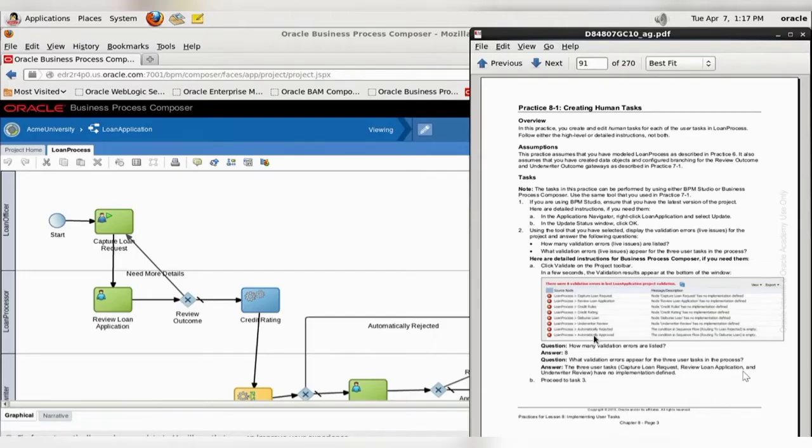We are ready to work on practice 8-1, creating human tasks. And as always, the assumption is fairly straightforward that you have done the practice up until now. Also, take a look at the very first note. This one again can be done in BPM Studio or Process Composer. We are recommending that you use the same tool you used back in practice 7-1, although you technically don't have